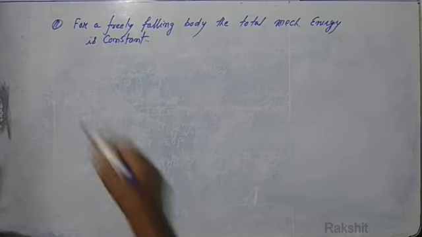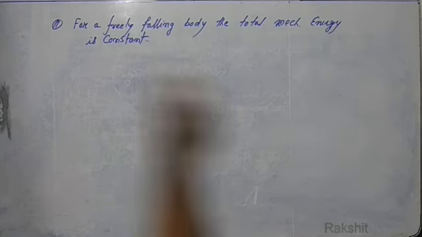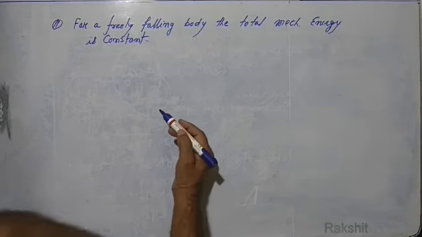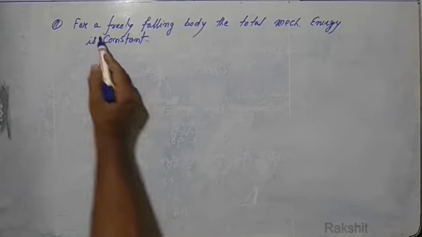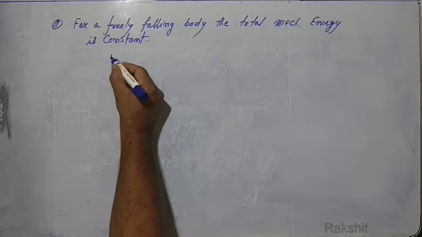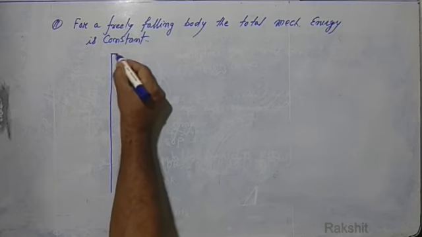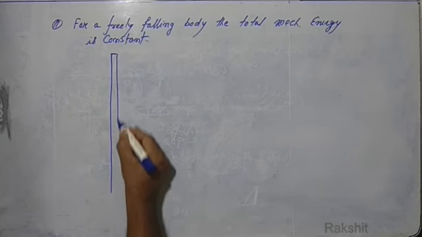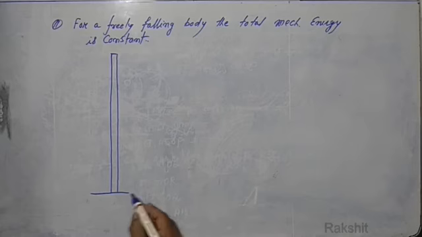This proposition, or this theorem or statement, is very important for class 9. Now, freely falling body. Suppose there is a tall building. This is the building. This is the ground